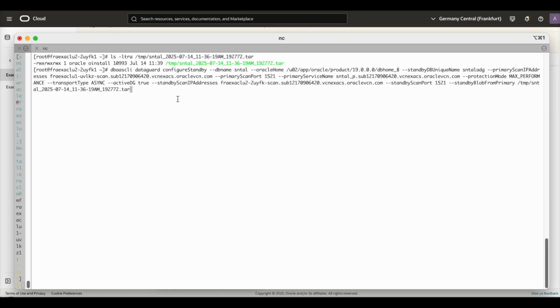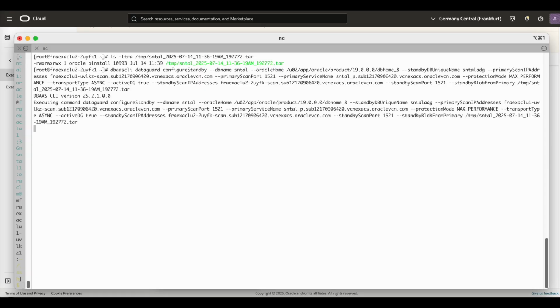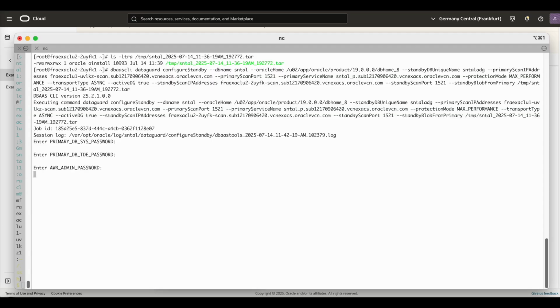Now from node 1 on the cloud environment, run the dbaascli Data Guard configure standby by providing the relevant arguments and the blob file. Enter the requested passwords. After the dbaascli execution completes successfully, verify the log files for errors and issues.